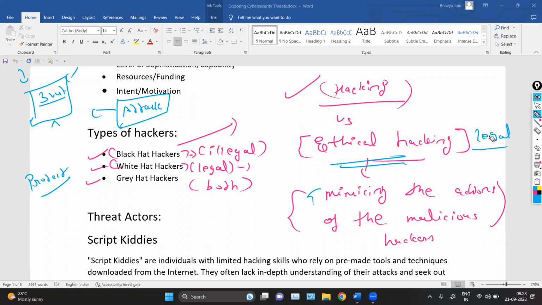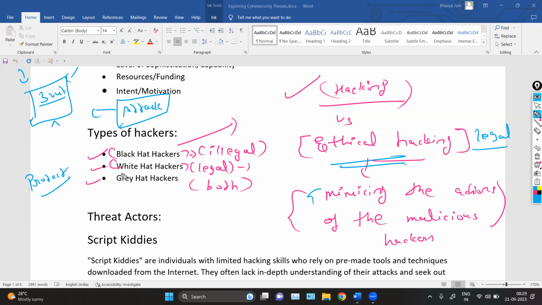What is legal? What is illegal? White hat hackers are the hackers who hack legally. They follow the laws and the standards, and the laws, standards and ethics vary from company to company and also from country to country. So before actually hacking, you should know the laws and standards of your company and also of your country. Then only you can hack with the proper permissions, knowing the laws of your country as well as of your company. We will see what the laws and standards are in different countries. Mainly, we will discuss only the cybersecurity laws and standards.